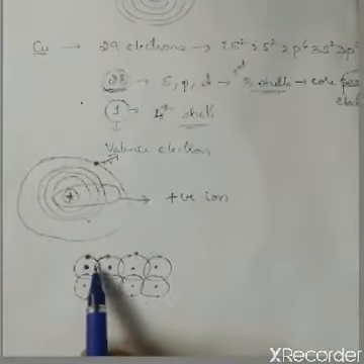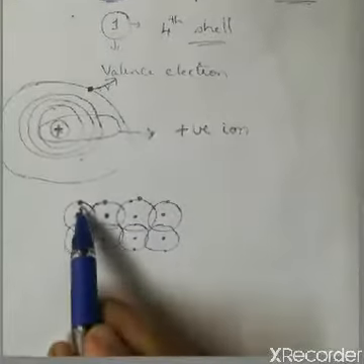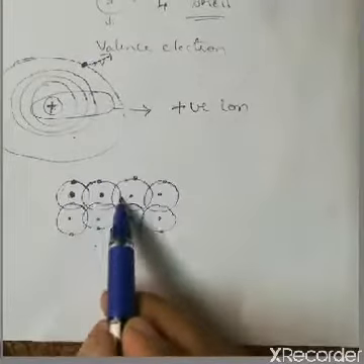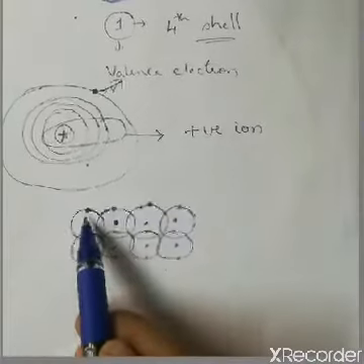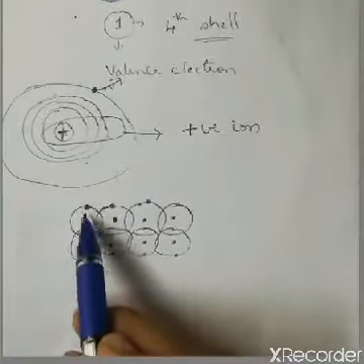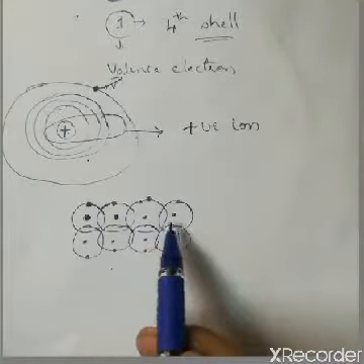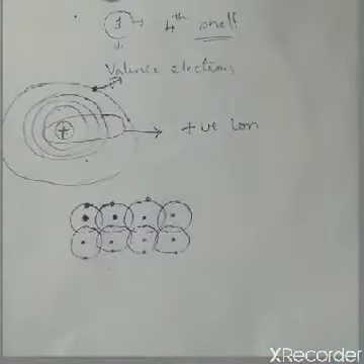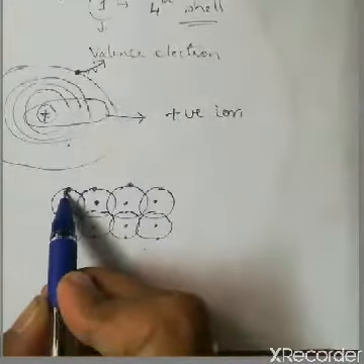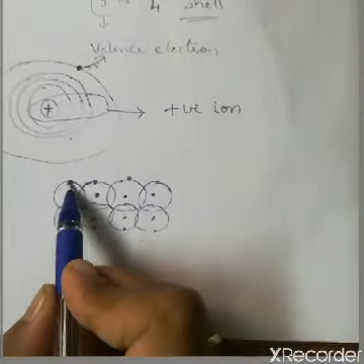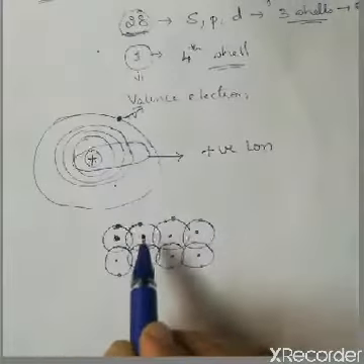A large number of atoms of copper join to form the metal copper, and during this the neighboring atoms slightly overlap each other as shown in the figure, and these are the valence electrons. Now these electrons are not only bound to the nucleus of that atom, but they can move freely anywhere through the material. It is now called a free electron. So this is the concept of a free electron. Why? Because the electron now does not belong only to a single nucleus, but belongs to the whole metal.